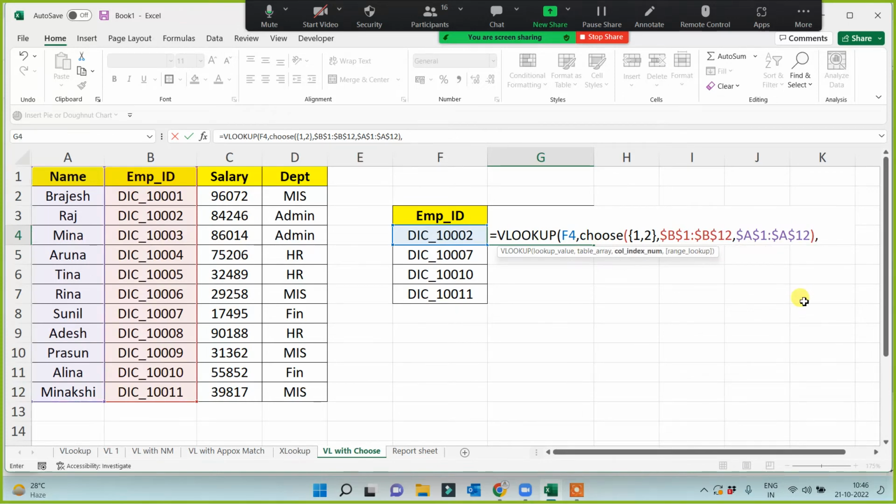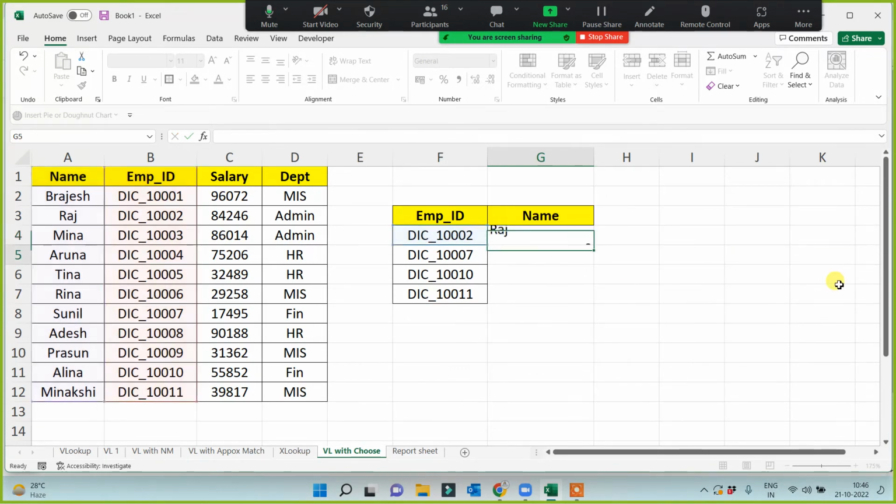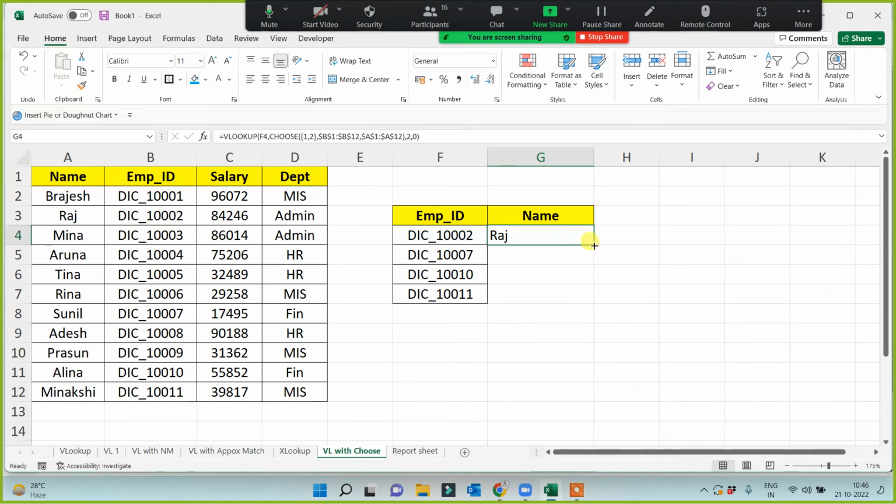And now column index number is 2. 1 is your employee ID, 2 is your name. So you are looking for 2. So this is the 2 and comma 0. So this is called reverse VLOOKUP. So this will work in any